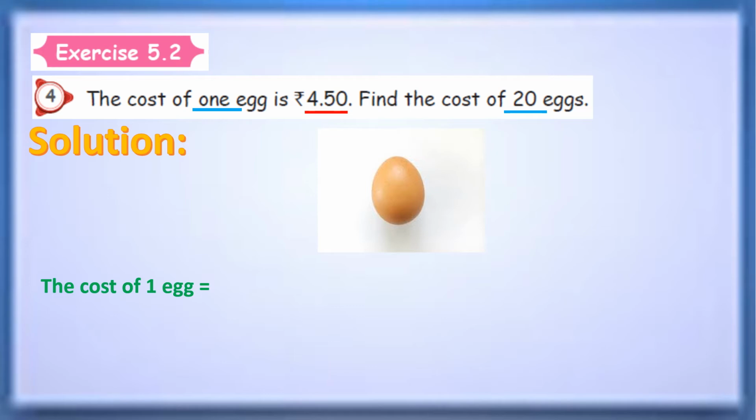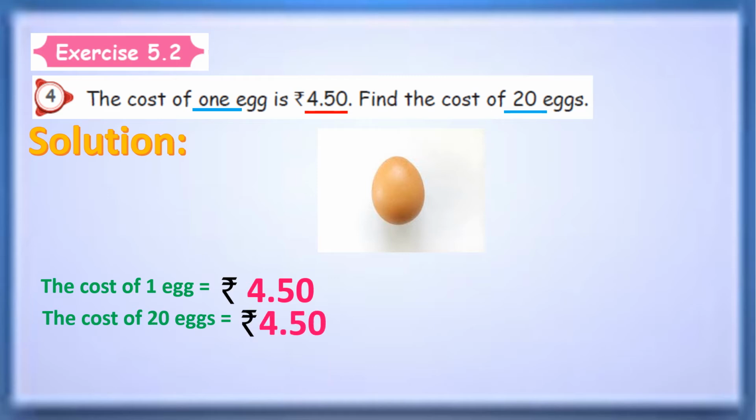Cost of one egg, right as it is. So sure it's a word problem. We have to write our answer with a few words. Is it clear? Okay. So the cost of one egg is equal to rupees 4.55. The cost of 20 eggs is equal to rupees 4.55 into 20. So from mental calculation, think that in 450 we have 1 zero and in 20 we have 1 zero. So totally 2 zeros should come, and then 4.5 doubled will show 90, right?